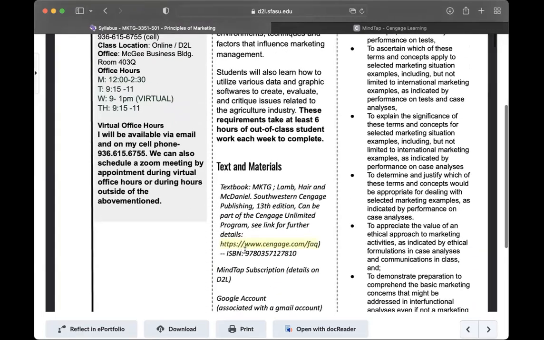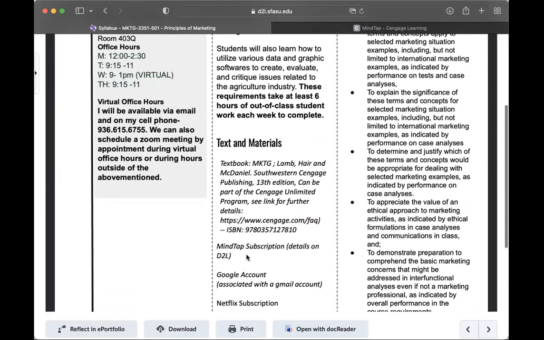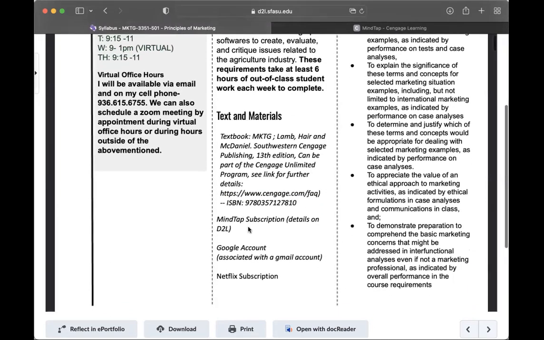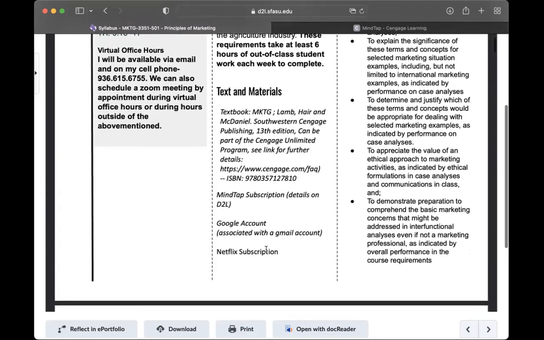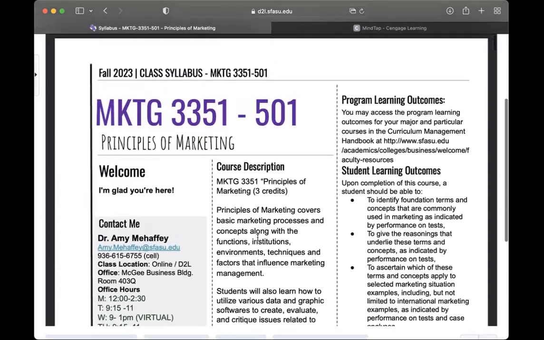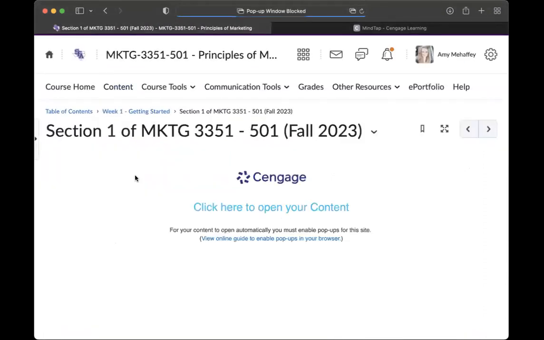For this class, you will get a book that has a MindTap subscription, and we'll talk about that in a few minutes. You can get the ebook, you can get the regular hard copy book, but you will all need to do the MindTap subscription in order to take your quizzes. Sometimes this MindTap can have a little bit of a mind of its own, so we'll talk about that in a few minutes. You'll also need a Netflix subscription. If you don't have one, we'll have an assignment later in the semester. A free trial also works for students who don't have a subscription.